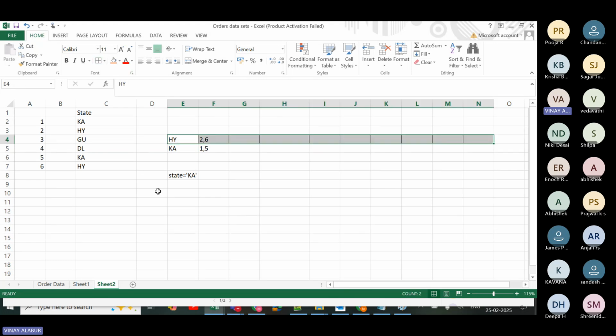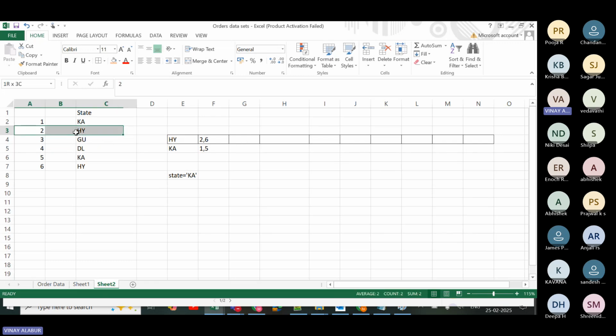What will happen? The performance will be reduced because it has to do multiple context switches. For each value, it has to go to the index, go to the table, index, go to the table, index, go to the table. In these cases, what we are going to do is not help with an index. We are going to rearrange the data in such a manner that all the related data